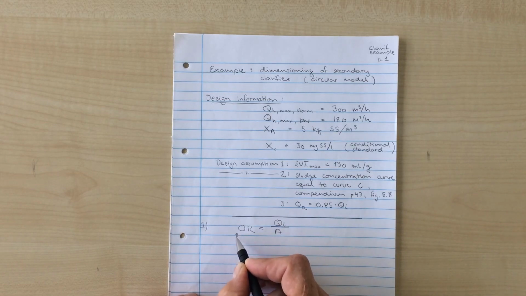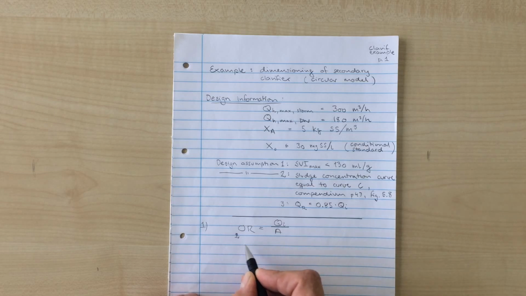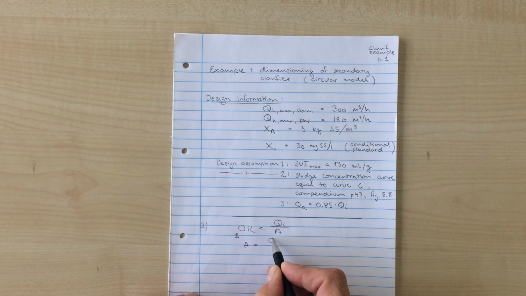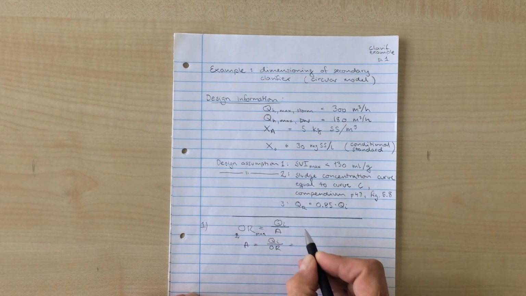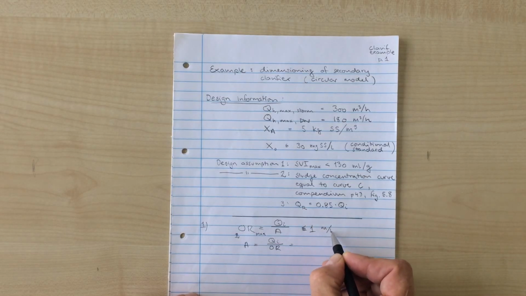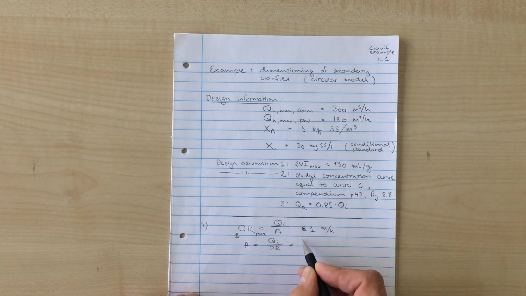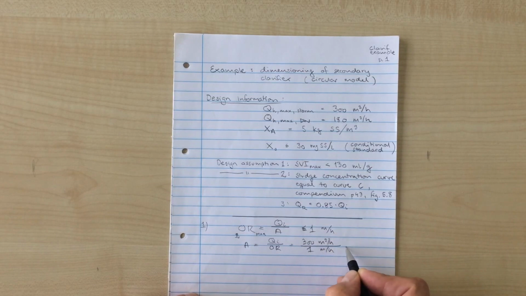So if that's 1 meter per hour, I can find the area as equal to the inlet flow divided by the overflow rate, and in this case it will be the maximum inlet flow, because this is going to be the maximum overflow rate. That must be less than 1 meter per hour. So I have 300 cubic meter per hour divided by 1 meter per hour,